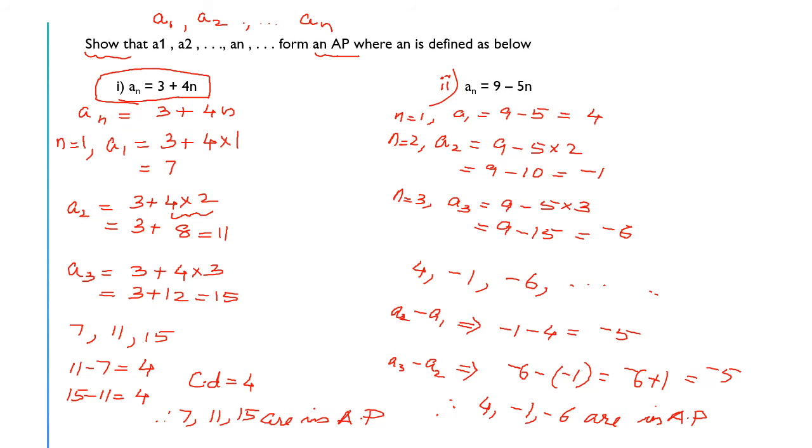But you are lucky this year because that has been taken away. Whatever problems come to you, if you have to find the sum of n terms, that will be clearly given to you. Sum, you have to find sum. Nth term, it may come in a different way, which you will have to find out. If it is not clear, then you can obviously state that you have to find the nth term.